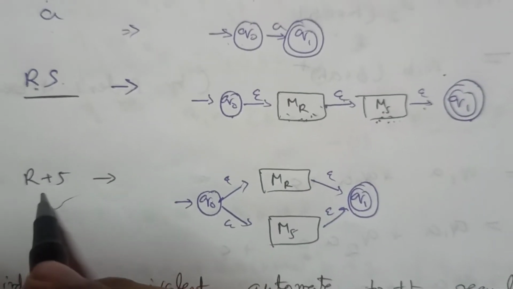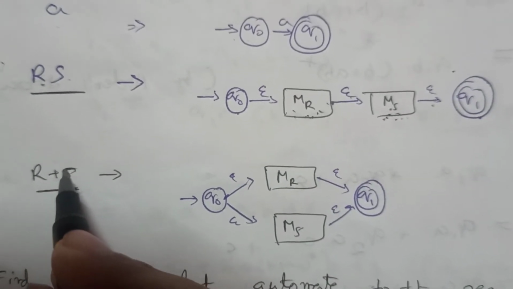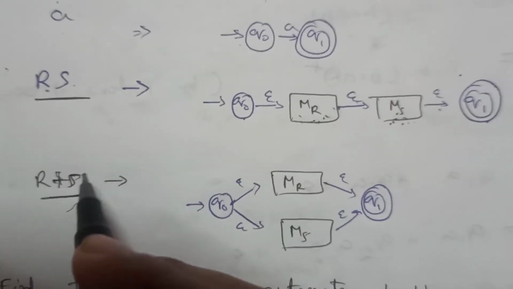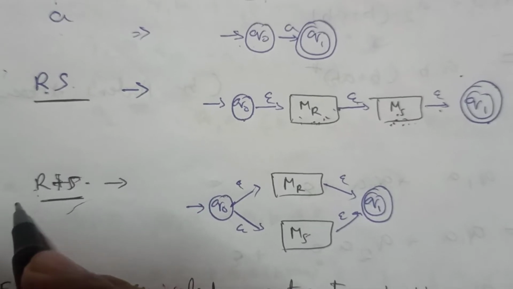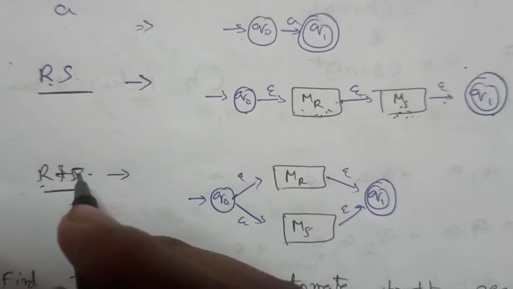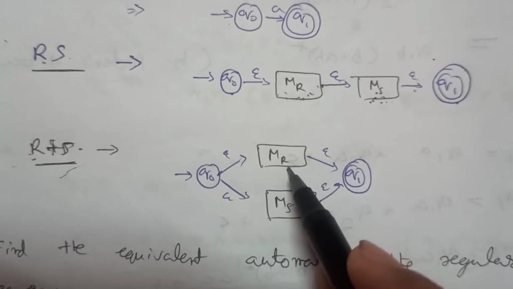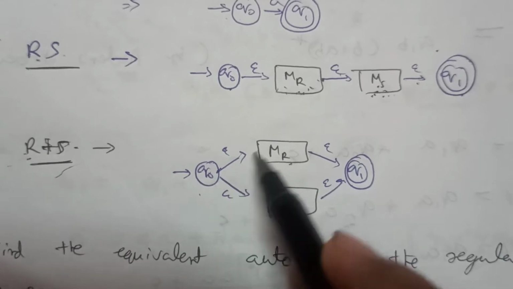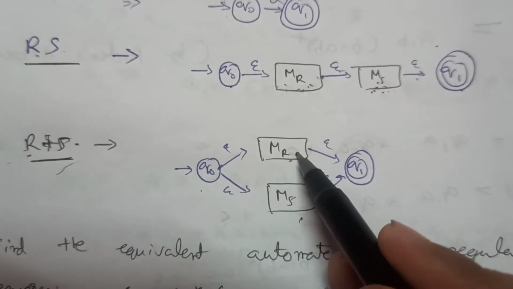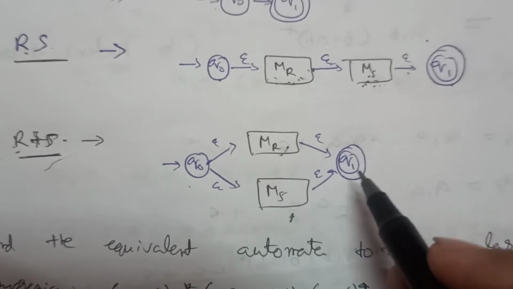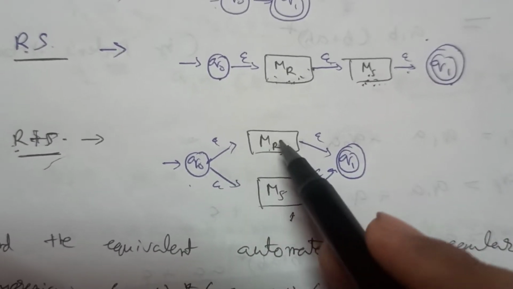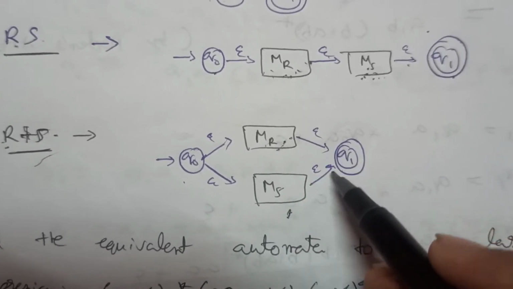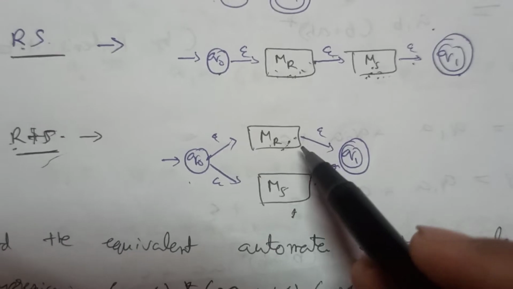And here, what do we do if this is plus? What do you mean by plus? Plus is or. If there are two regular expressions connected with an or, either r is accepted or s is accepted. Again Mr is the automata for r and Ms is the automata for s. There is the initial state q0, and on a null transition it can go either to Mr or to Ms. After reaching the accepting or final state of either of those, it again receives null and goes to the final state of our automata. So that's how we do it.